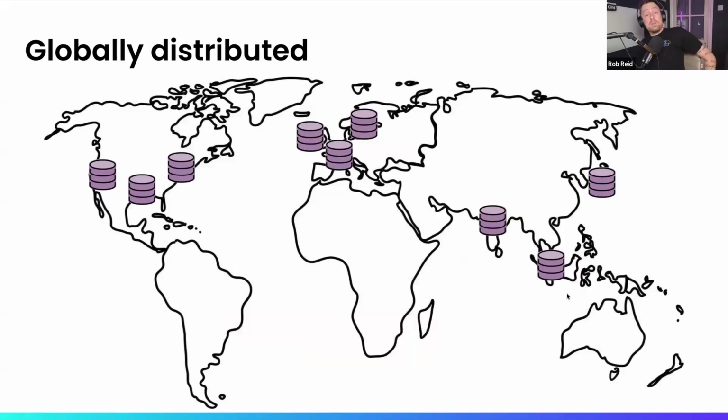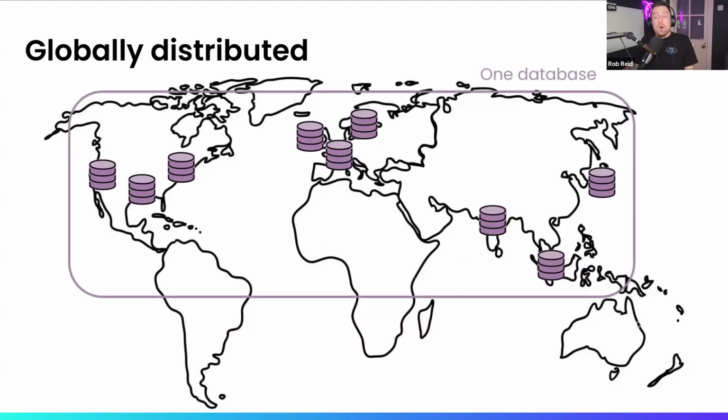You can also create globally distributed clusters. So what we're looking at here is a 9-node cluster of CockroachDB that is actually one logical database. This is all part of the same cluster, whereas if you were to do the same in DSQL, which we'll see in a minute, it would look a little different. But this is one database.